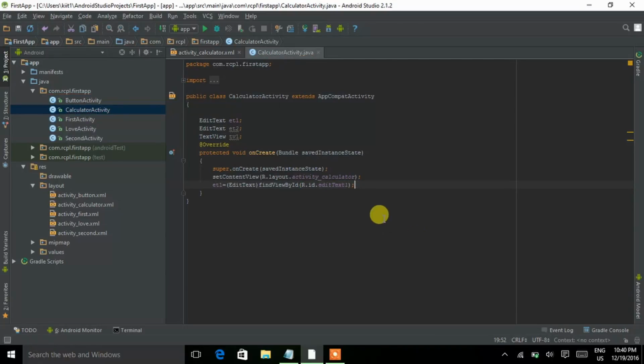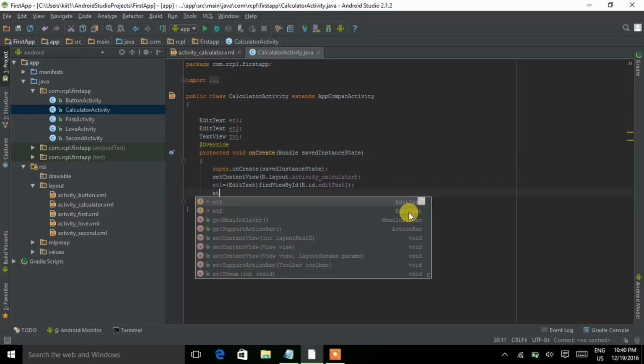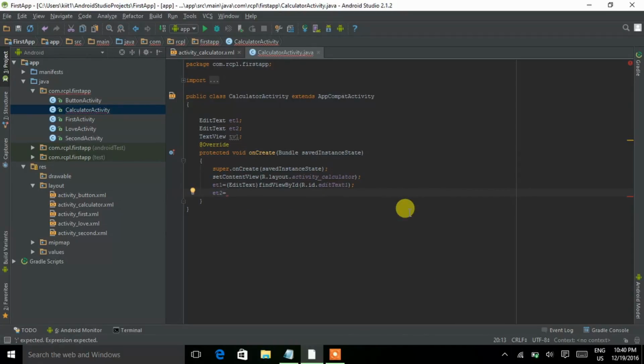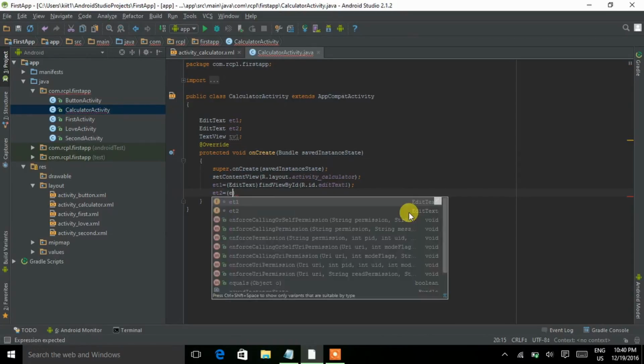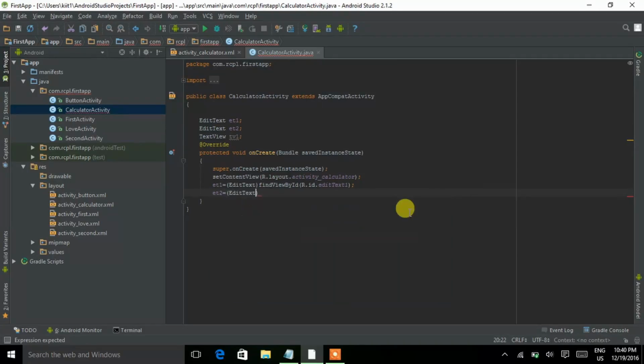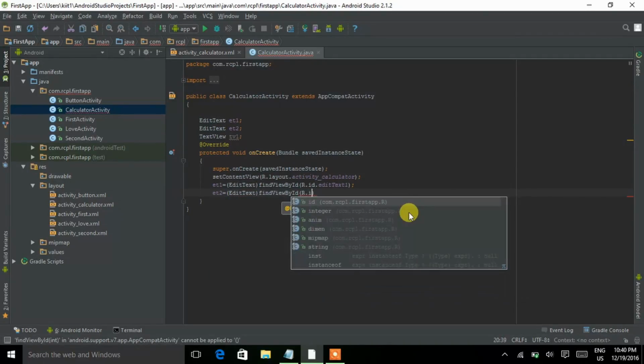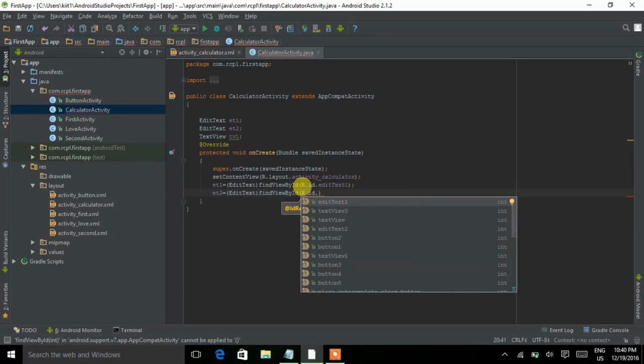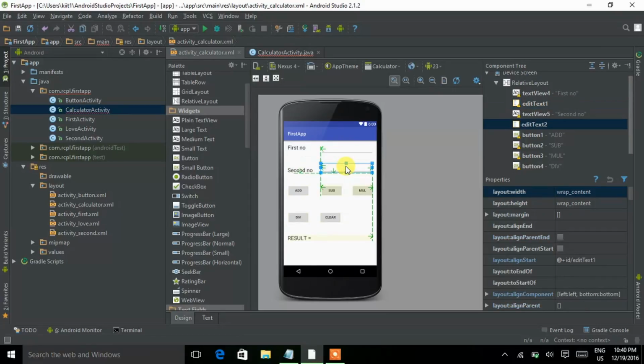Do the same thing for another edit text, et2 equal to edit text, find view by id, then r dot id dot, give the id name of another text, that is edit text 2,